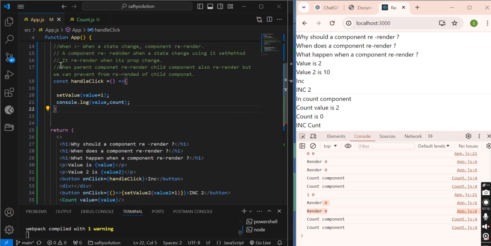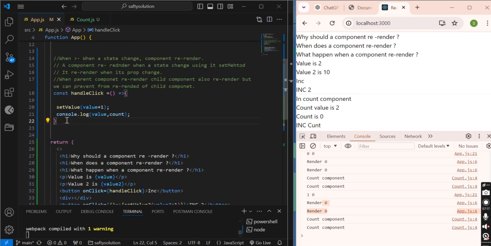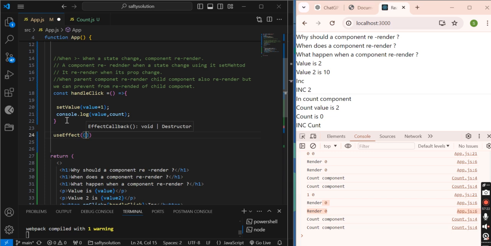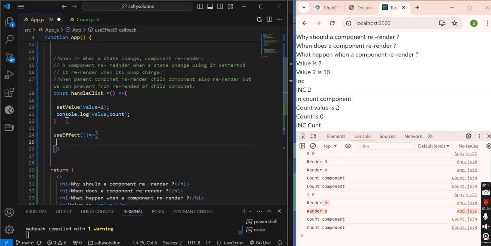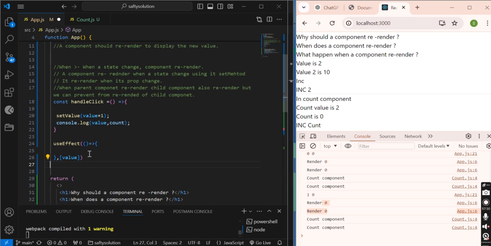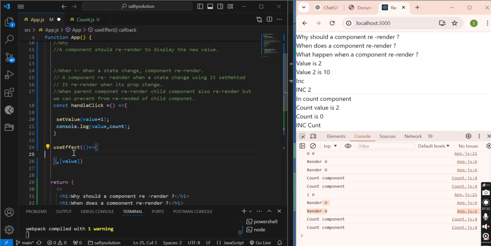If we have useEffect, and we have a dependency here, then at the render time it will compare whether the value changes.